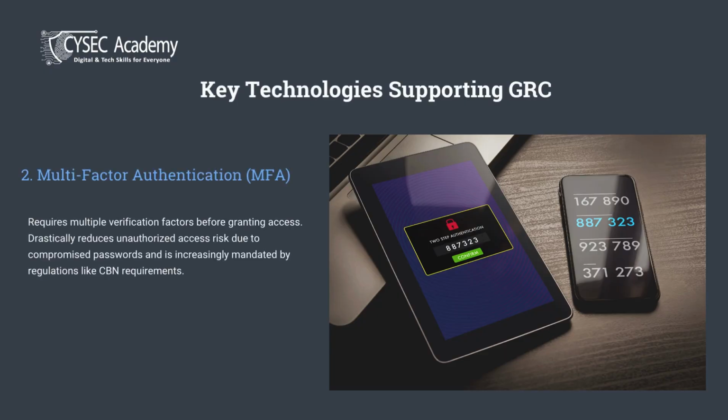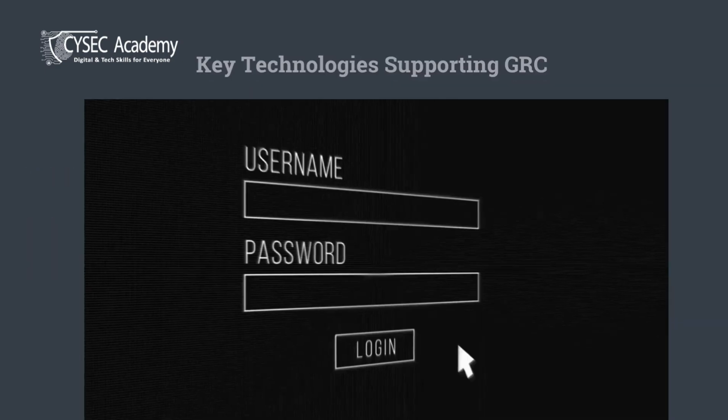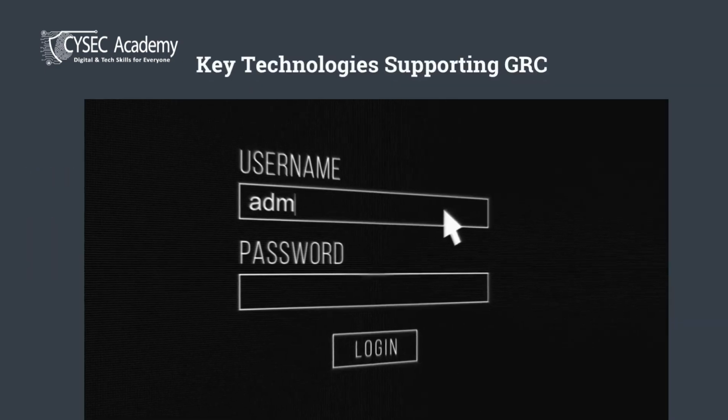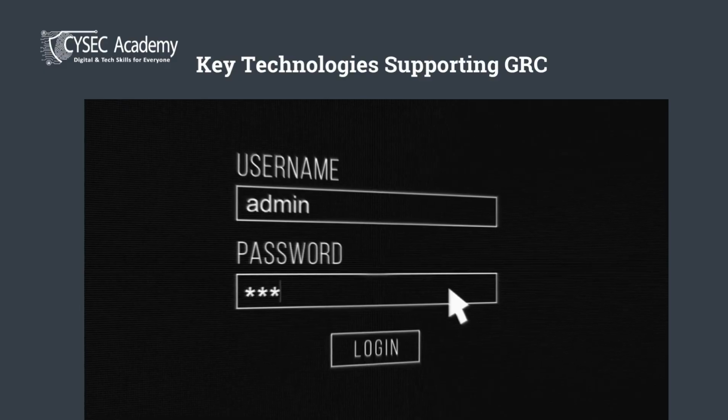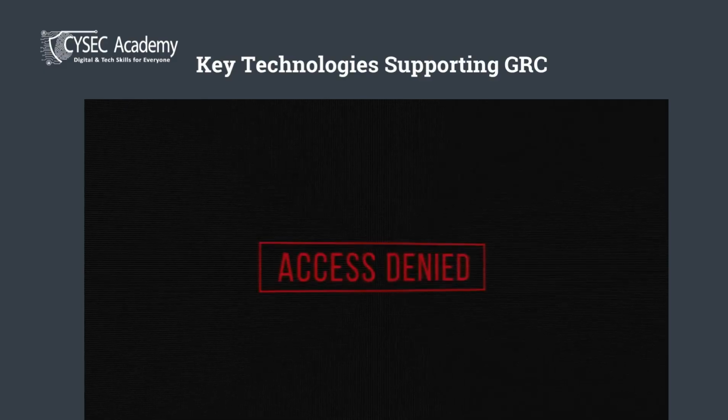2. Multi-factor authentication, MFA. This requires users to provide 2 or more different types of verification factors before granting access. Factors include something you know: password, PIN; something you have: phone app authenticator, hardware token, SMS code; something you are: fingerprint, facial recognition. How it supports GRC: it drastically reduces the risk of unauthorized access due to compromised passwords, a very